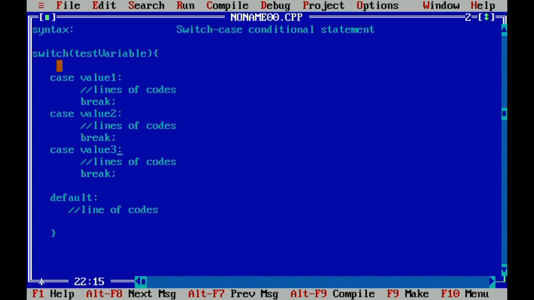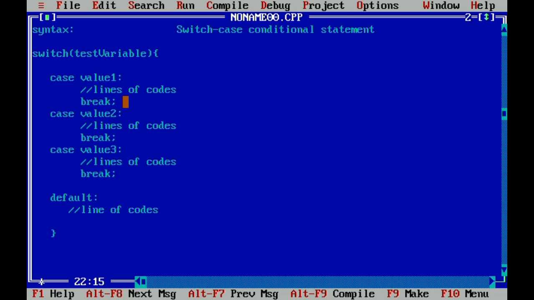A switch case actually compares the test variable to each case value. Once a case value is equal to the test variable, then that particular line of code for that case will be performed, and you can have as many lines as you want.